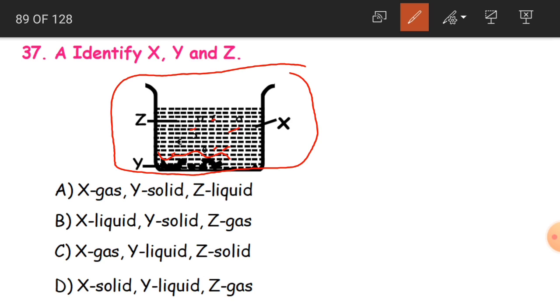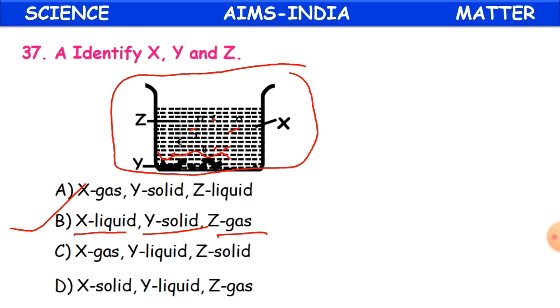So now we have to identify the forms of matter. What is X, what is Y and what is Z? According to us, X is water, that is liquid. Y has not dissolved, in the sense it is solid. And Z is air bubbles, or vapor, that is in the form of gas. So B is the correct answer. Clear children? Now